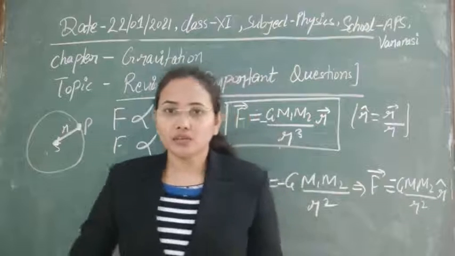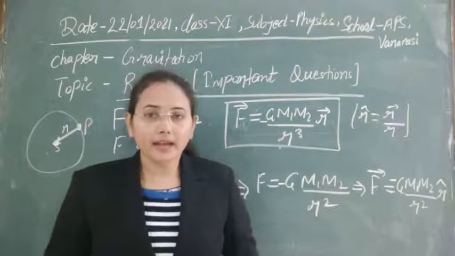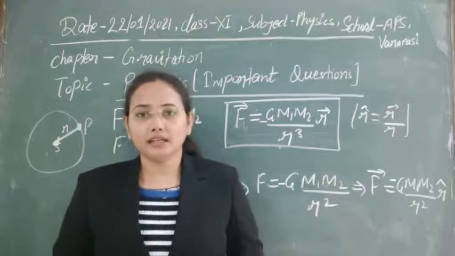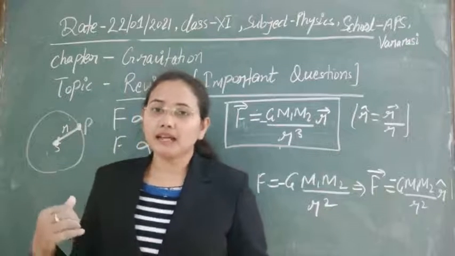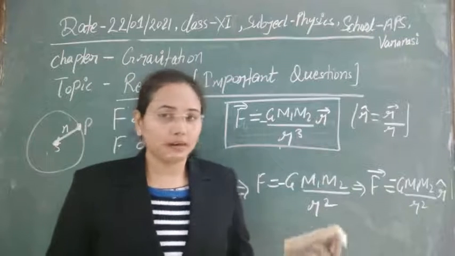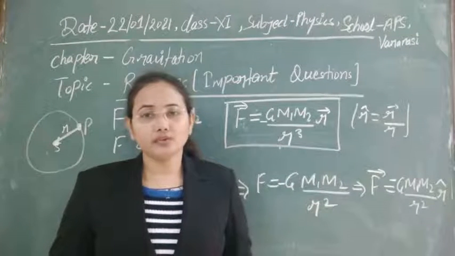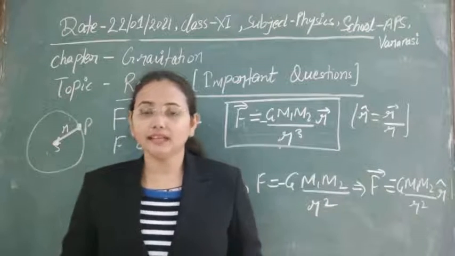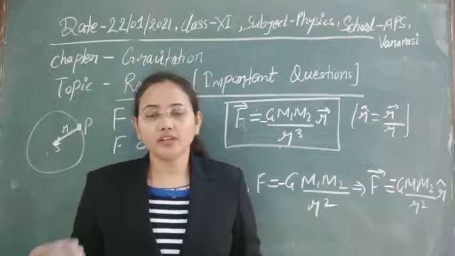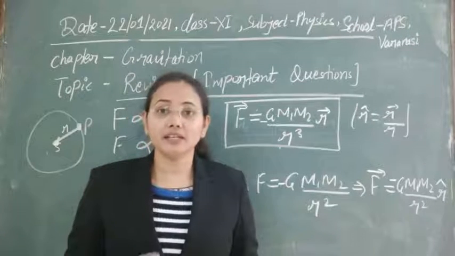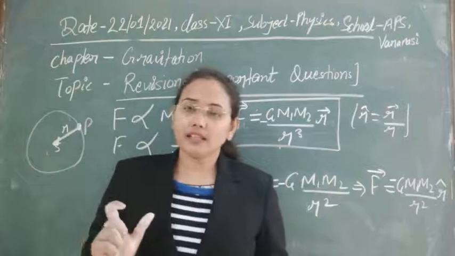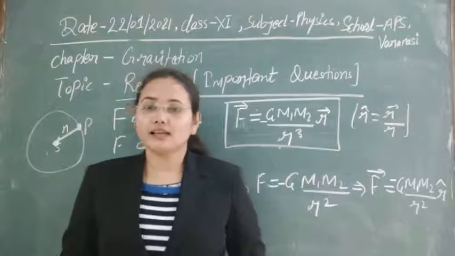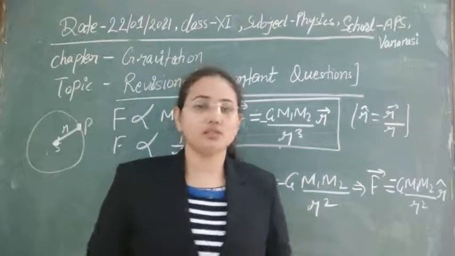One more thing I want to tell you here: any kind of force is produced due to the exchange of particles. The particle responsible for the production of gravitational force is called the graviton, but that particle has not been detected yet. So we still have to wait for that discovery. But still it is given that the particle responsible here is the graviton. So this discussion, I think, is clear. Properties of gravitational force, that was important.